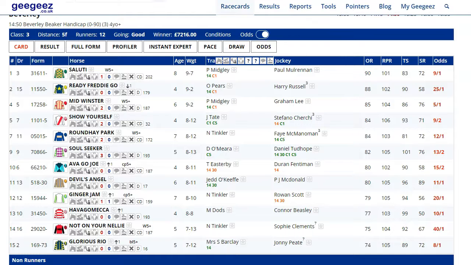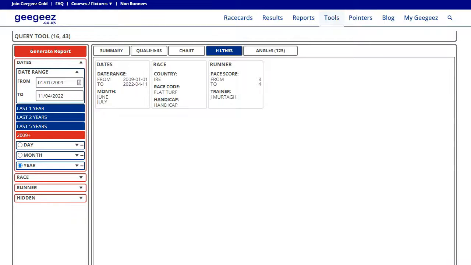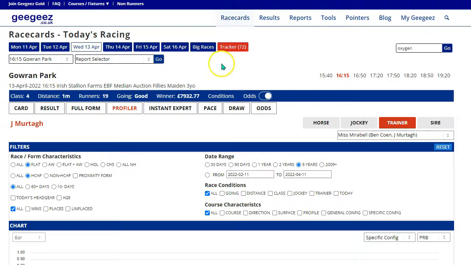So that's Midge, and that's how I've researched him. Now the other one that I wanted to look at was Group 1 Johnny Murtagh. I wanted to use an Irish trainer example because I seemingly always use British trainer examples. And what I did, I actually went to Query Tool and I did some work